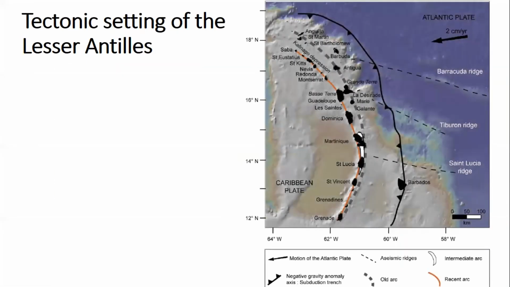And in that area, we have basically an arc of volcanoes, or an arc of islands, and it's a subduction zone. So the Atlantic plate is being subducted underneath the Caribbean plate, and one can really believe in plate tectonics in this region of the world. We've got a trench here, and obviously volcanoes and the resulting magmatic activity, which is generated by this subduction.